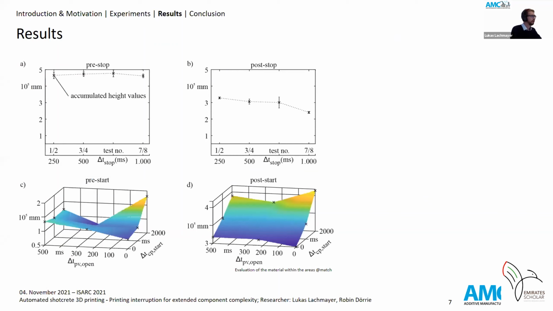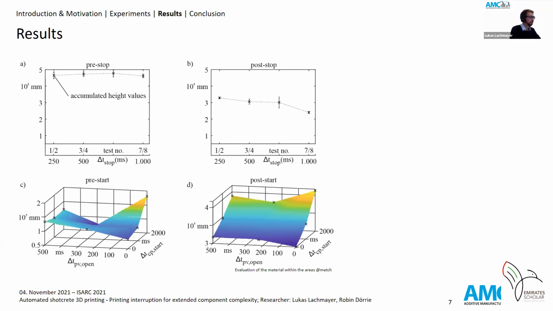And I have here the graphs. A and B are according to the printing interruption, where we can see that our delay time of delta T stop nearly has no influence on the pre-stop area up to 1 second. However, the amount of material behind the desired stop point is reduced by increasing the delay time. So for our further experiments, we set the delta T stop to 1 second,